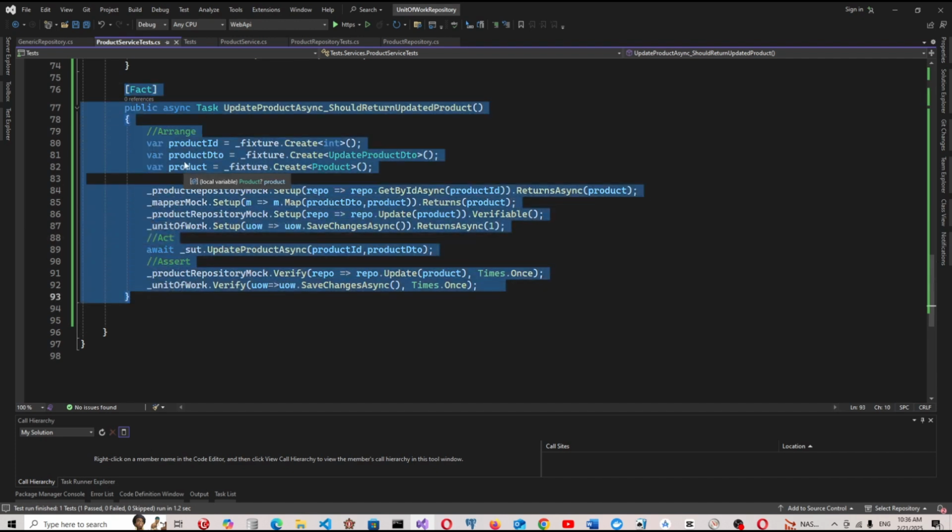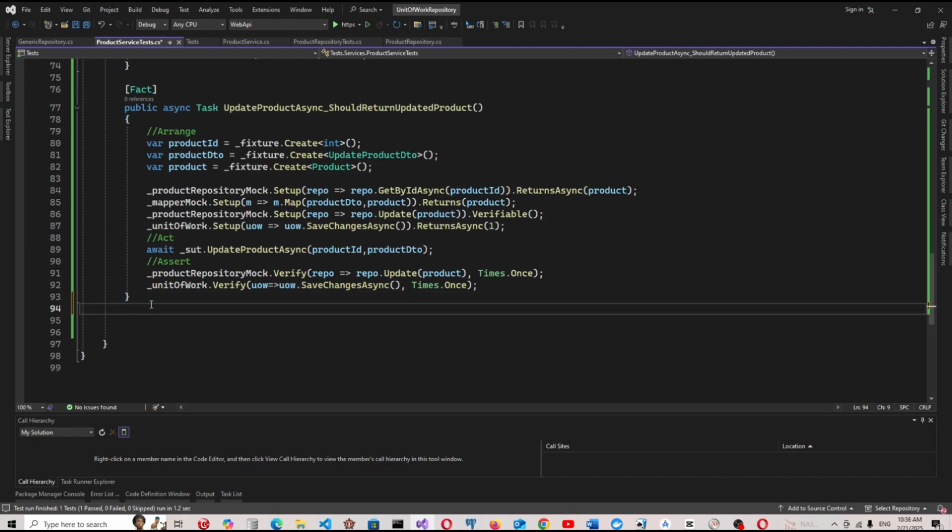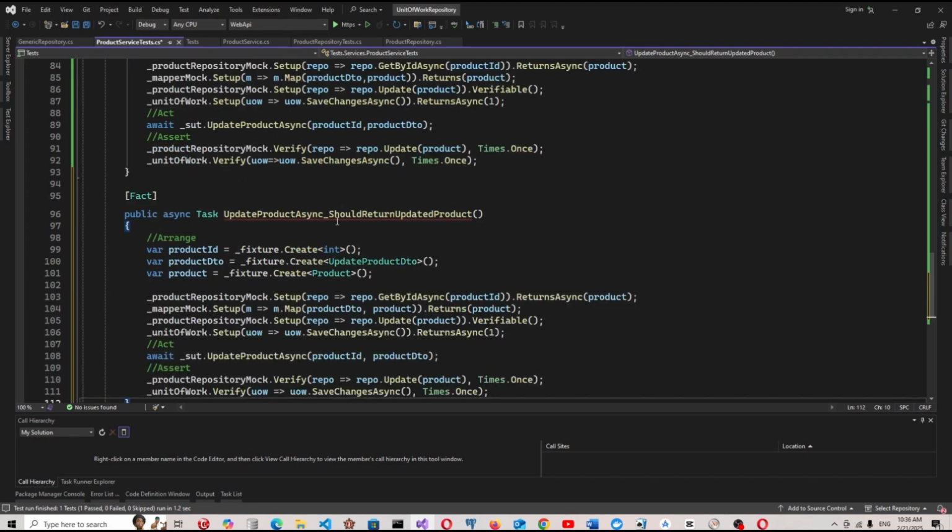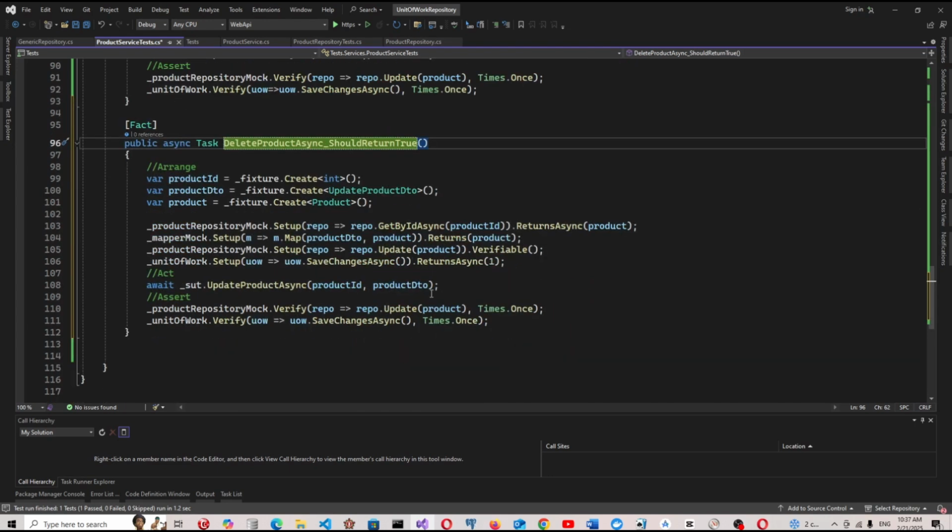Let's say delete should call the delete the repository delete method and saves async method of the unit of work. So let's say delete product async should return true. And this is a product ID product